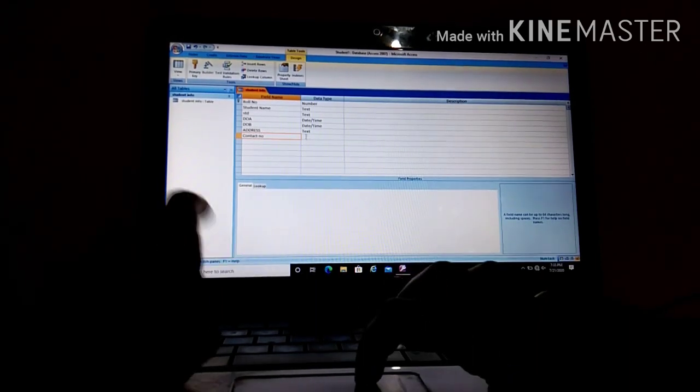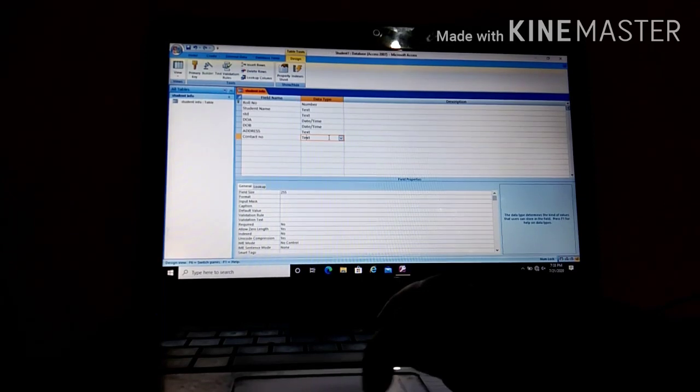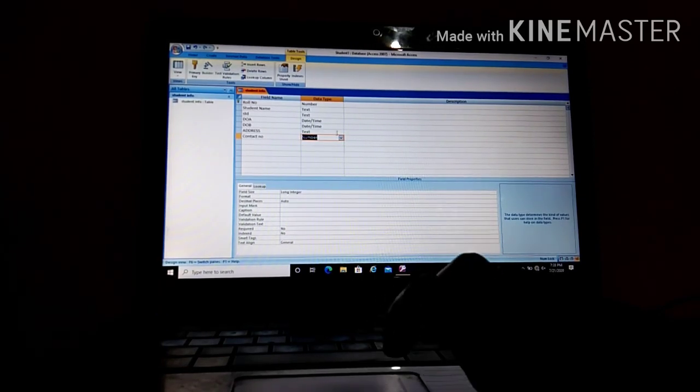Okay, so contact number is basically what kind of data should it take? It should be number. Contact number cannot come in your text, so obviously here the data should be number itself. But there is one problem.